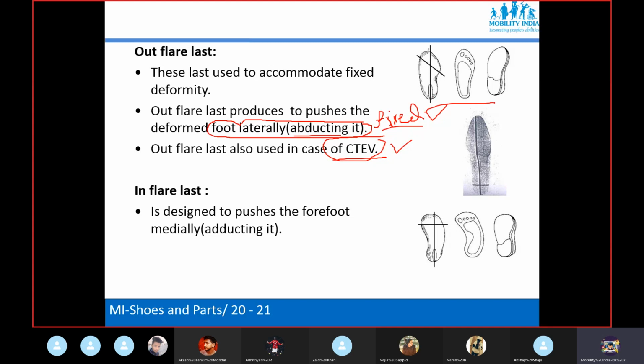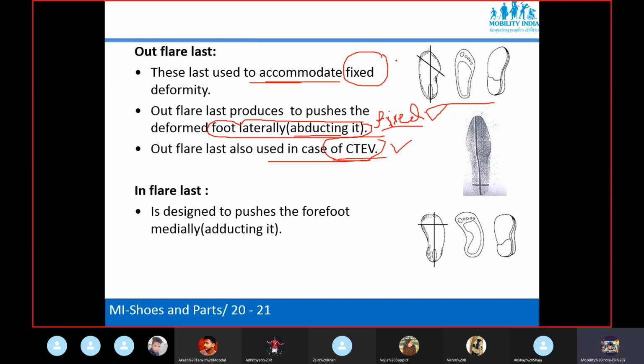But in both cases we need an out flare shoe last, either to correct the deformity or to accommodate it. Correction happens when the deformity is flexible, and accommodation when the deformity is fixed. Clear?